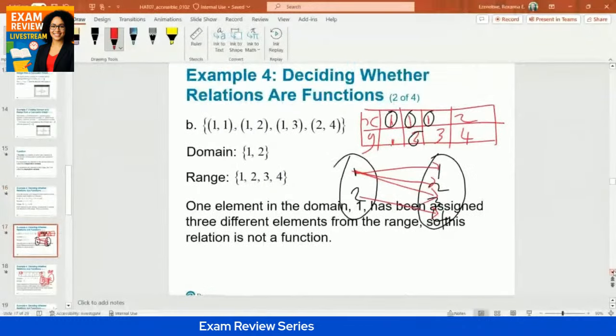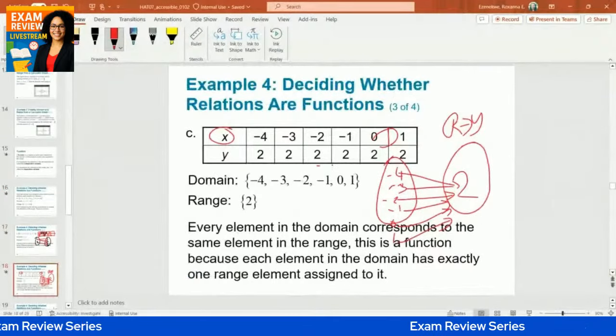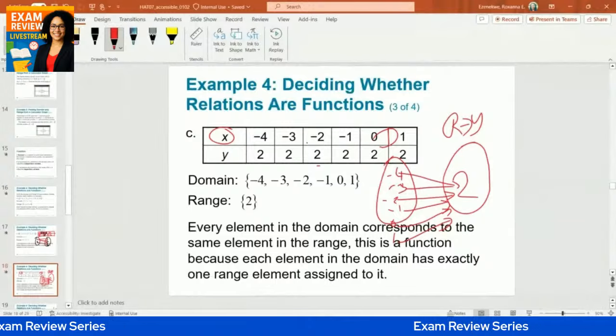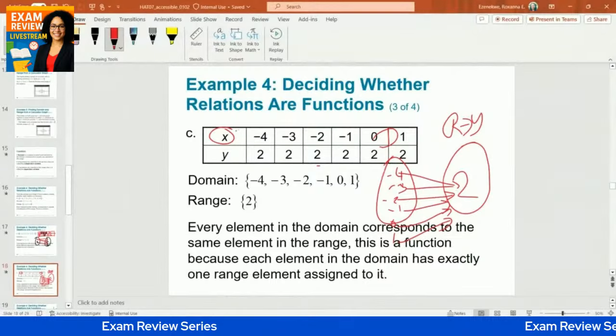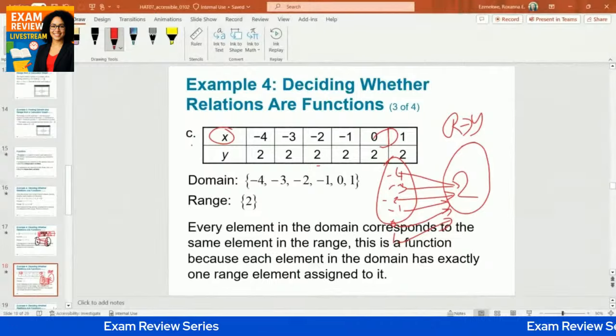You can be given a table and asked if the table is a function. All right. Remember, if there is a repetition in x, it's not a function. But if there is a repetition in y, it doesn't really matter. If there is a repetition in y, it does not matter. It's still a function. But if there is a repetition in x,